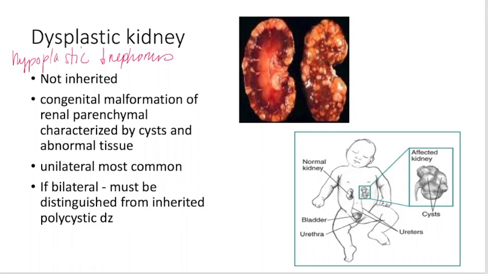Renal dysplasia results from abnormal differentiation of the kidney tissue, and it basically will give you primitive glomeruli, tubules, cysts, and non-renal tissue such as cartilage. Dysplasia may be secondary to antenatal obstruction of the urinary tract from such things as ureteroceles, posterior urethral valves, prune belly syndrome. Unilateral is most common. If it's bilateral, we do have to take a look at it and make sure that it is not inherited